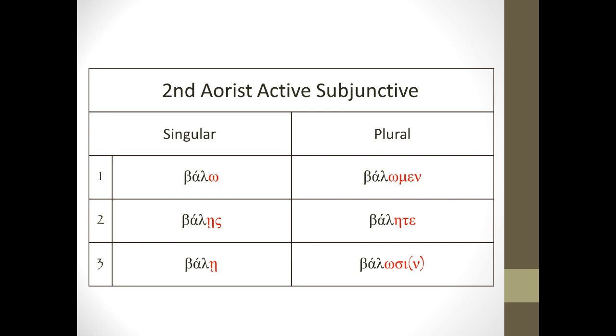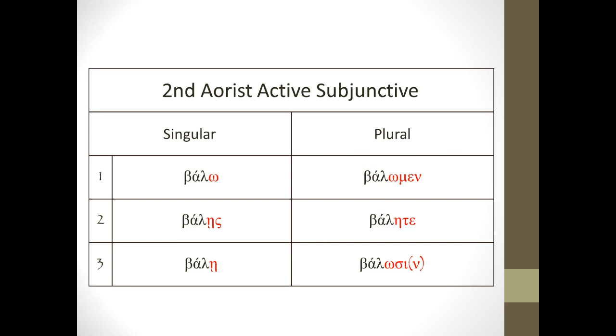So therefore, those are already going to help you. Again, also notice that just like the first aorist, we do not have an augment on the front of your second aorist here. Okay, no augment. And again, how will you be able to determine that you're dealing with a second aorist subjunctive and not become overly confused? 9 times out of 10, this word will be preceded by a red flag word.